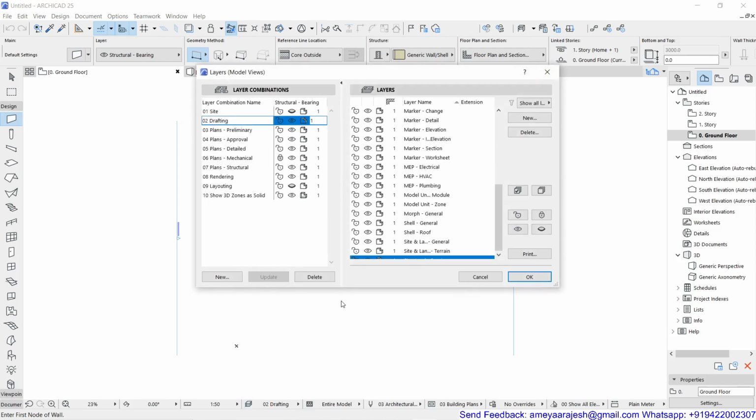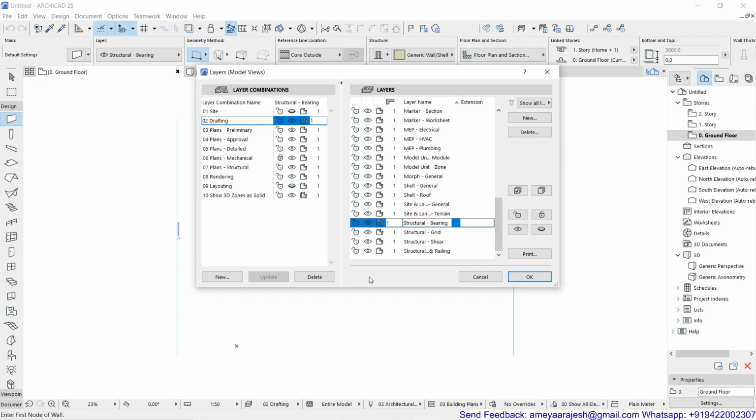Now the layering I'll explain step by step, because it's not something we can explain in one go and become familiar with the entire layer topic. So my first target is to just give you a brief idea of how these layers are going to work and how they will be helpful for your further drafting or editing.